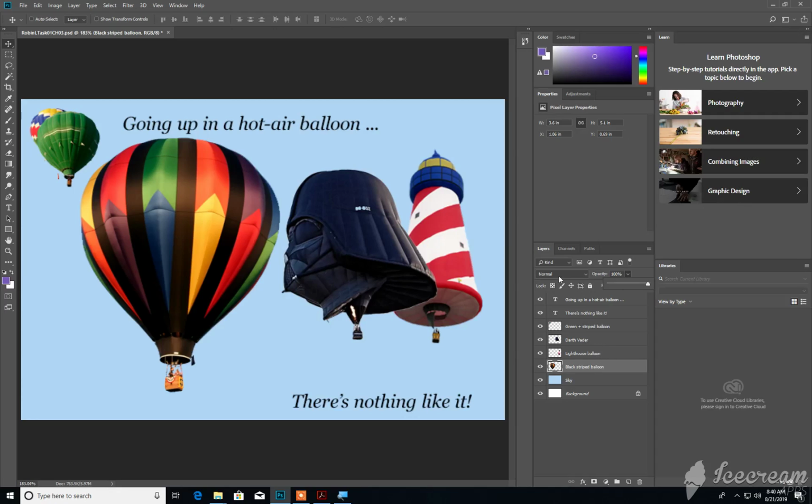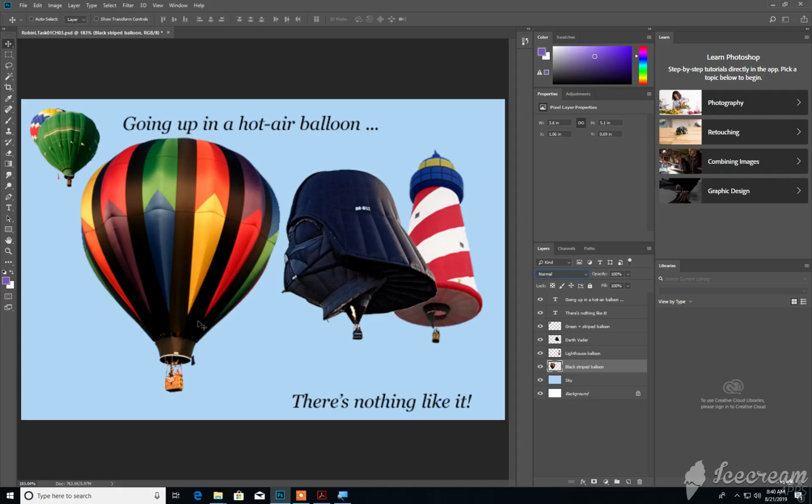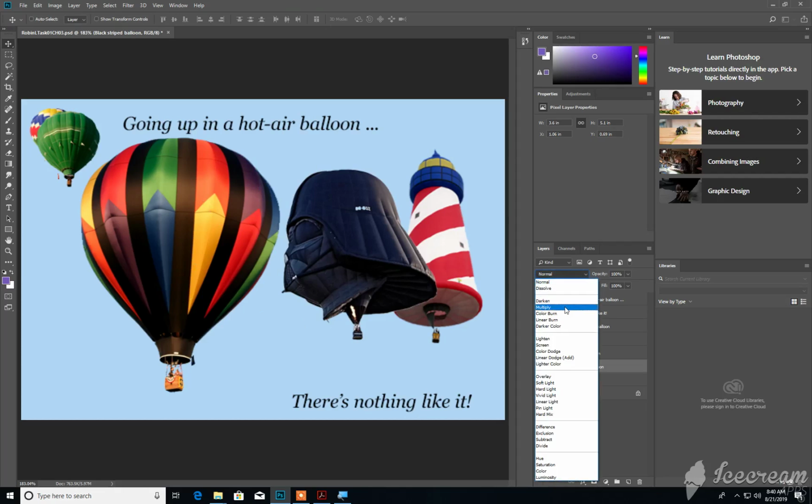The other option that is there is the blending mode option. It is how the layers interact with the layer directly beneath it. See, currently it's set to normal, meaning the image will be projected just like a standard image. However, though, if we go in here and select something like multiply,